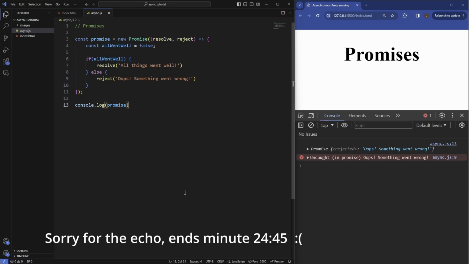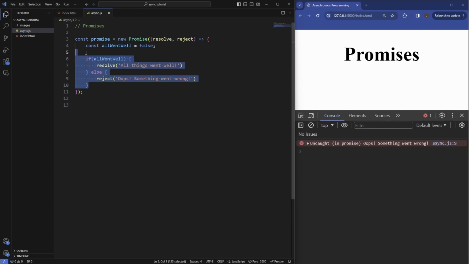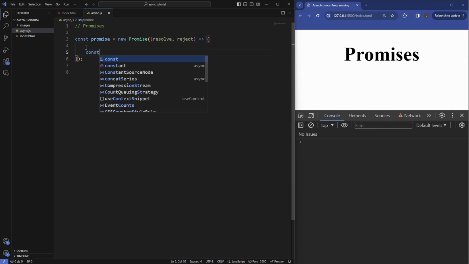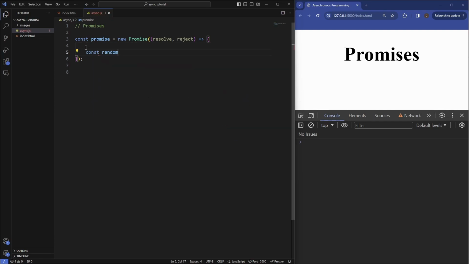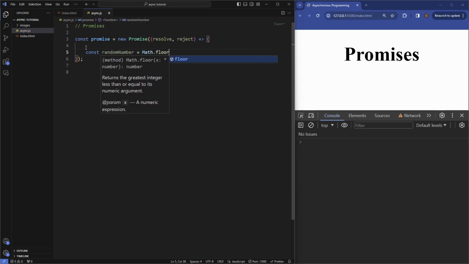Now remember with promises that there's also another state which we saw on a slide, which is the pending state. It's essentially just when a promise is pending, if the result isn't ready, the state of the promise is going to be set to pending. So let's take a look at another example to fully understand the three states of promises. So we'll just take this off and we'll go inside here, and we're just going to create a variable which is going to be a random number. Generate a random number, we're just going to need the Math.floor method,